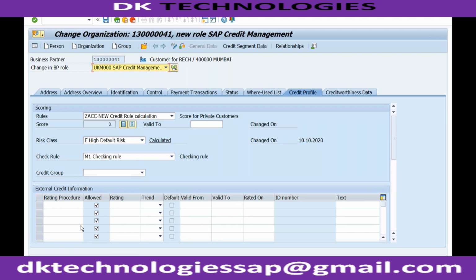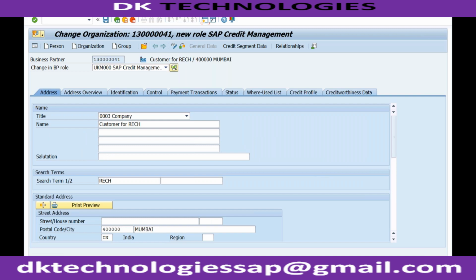If you are getting this warning, there is some issue in the server, you just save it once again and it will be saved. Just remember, otherwise everyone will come to me that we are getting an error. If you are getting that error, just click on save once again. Now the system knows the credit limit of this customer, which means now if I try to go to my sales order,